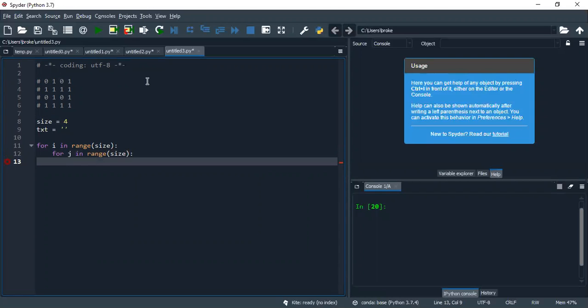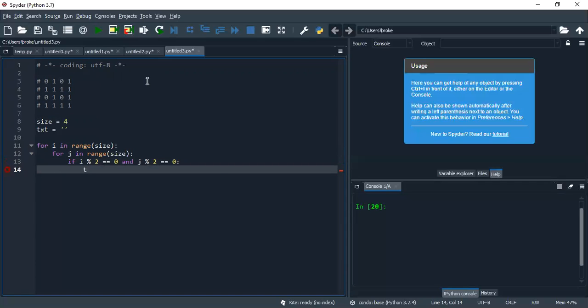Now, if we see our slides again, we see that whenever i is even and j is even, I just needed to place a 0, and in the rest of the cases I needed to create a 1. So how to do that? With an if, okay? So if i modulus 2 is equal to 0, and pretty much the same thing with j, then